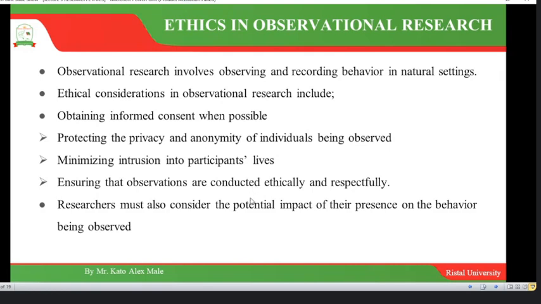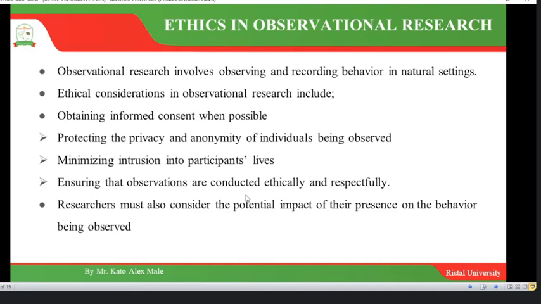When I was discussing observational research, we saw that since here we just try to observe, you can go on just observing what's happening in that area. That's why I'm putting the words "when possible." There are some observational studies that do not require obtaining informed consent. You just want to go and see what is happening. But still, you're not obtaining informed consent from your participants, but you might have